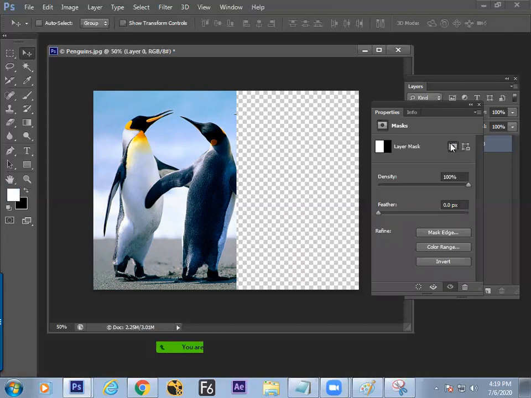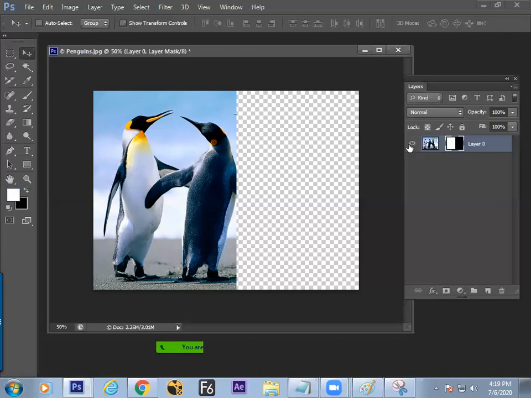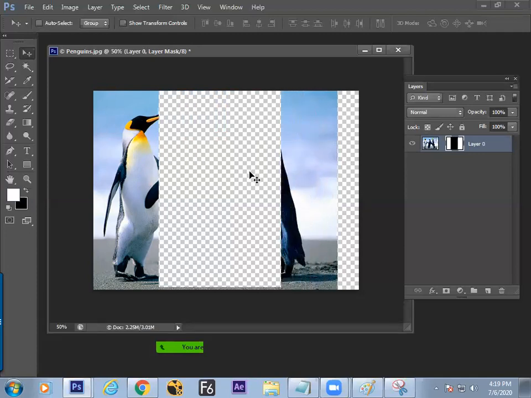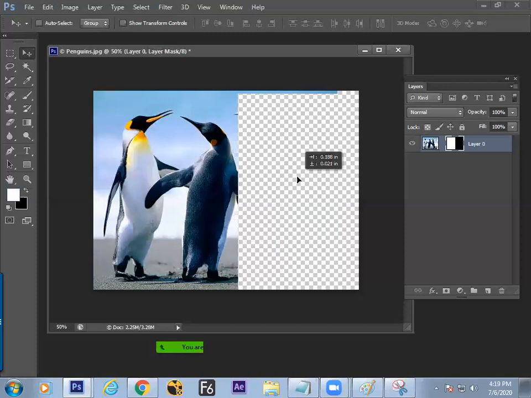Now the next, coming to the mask side, we can move the mask also. What are we doing now? We are moving the mask. The black color is moving. So this is the technical part, and this is how all the film posters, everything, is done. A little confusing, but it makes the difference.